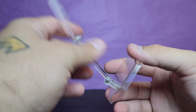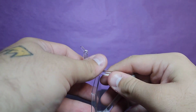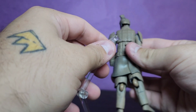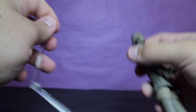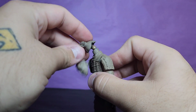And then finally, he does come with the figure stand. So did the Link. I don't know if I put Link before him or after him, but Link comes with a figure stand as well. Link's was fine. His is really loose. It will definitely not hold the weight of the action figure. I would definitely need to screw that up. So, yeah, whatever. In terms of articulation, which I was pretty interested in, the head goes...